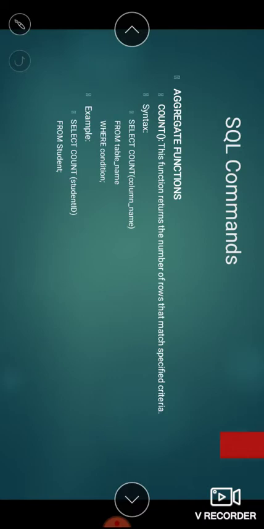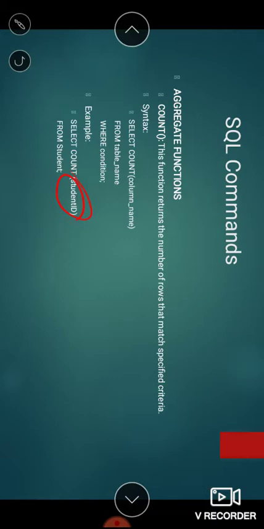Like if we have 5 rows and we have given this count for student ID, and only for 4 rows we have specified the student ID and for one row it is blank, so count will result 4. So it will discard the null values and it will count the values which are not null.